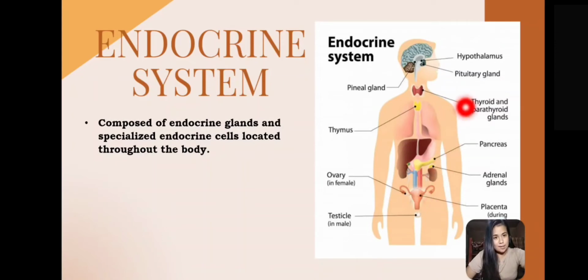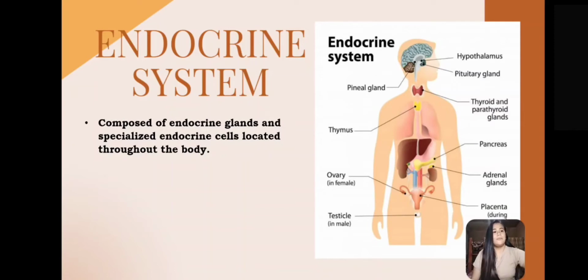during pregnancy. So our endocrine system regulates our body's internal environment. Think of it as our government, for example. Our government regulates our country. Our government also has different agencies, and these agencies have their specific function. Just like the endocrine system, it has different endocrine glands that have different functions throughout our body.